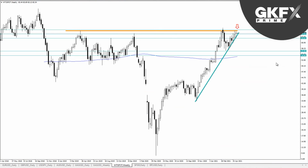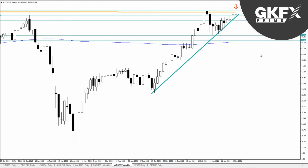Okay, moving on to the oil market. Very interesting scenario here. This is our weekly chart again, and we've been looking at the same thing for a while now, but here we really are in the critical area. We've been holding on to this rising trend line through the course of all these lows, and we've made two matching highs here, just under the 67 mark